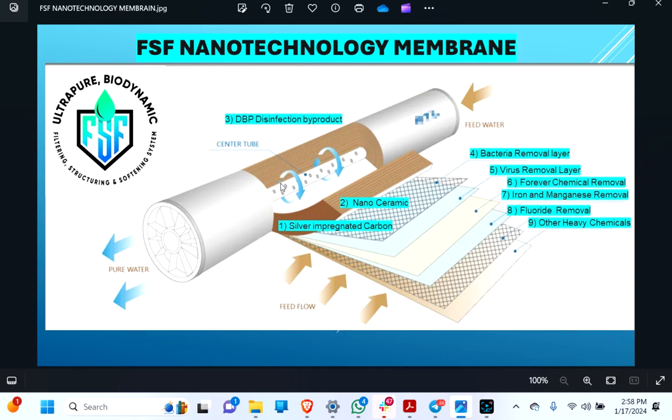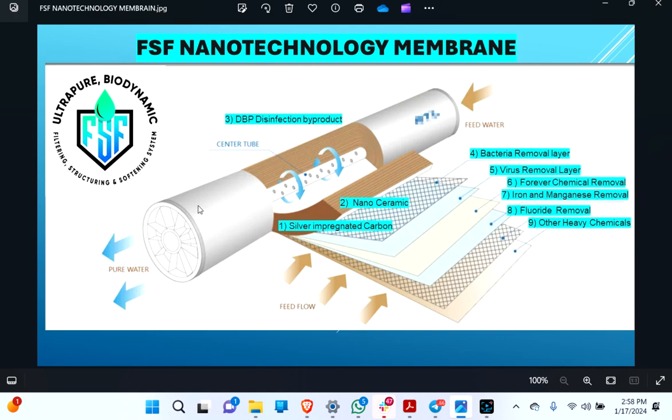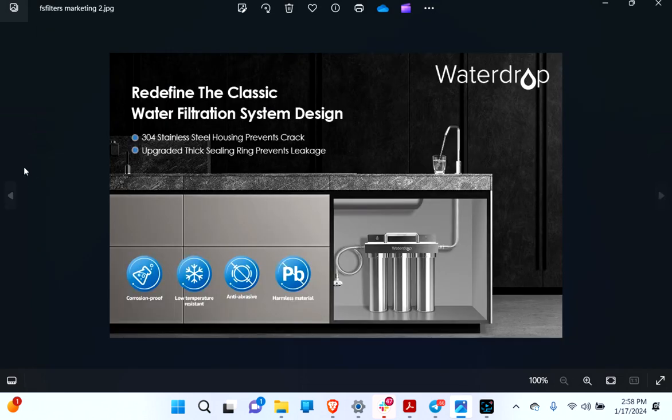So one thing is that the way the water moves through the cartridges is actually fed by these little turbines. So the water actually spirals from the inner and outer in a vortex fashion that does a superior job of making sure that the water touches all of the different layers, basically membrane layers. So I'm going to kind of show you the inner